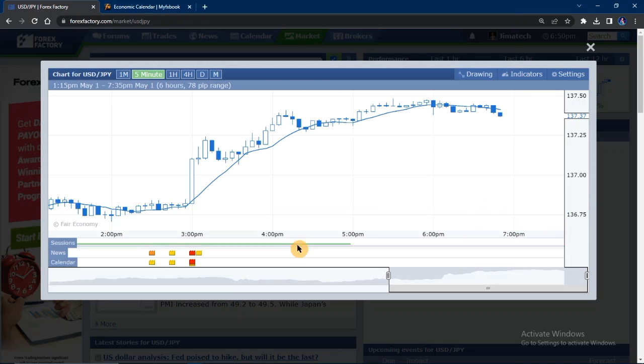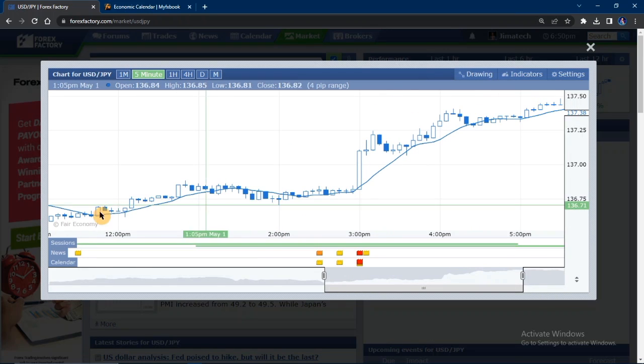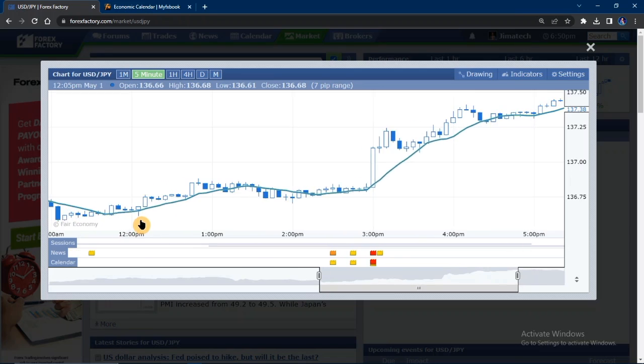All right. So if you have gotten this news on this platform early enough, and then you take a look at the news in advance, you realize that at that particular time, all you just have to do is to go to your trading platform and make a buy entry, because this is high impact news. And based on the forecast and the market analysis, and also looking at the condition of the chart,